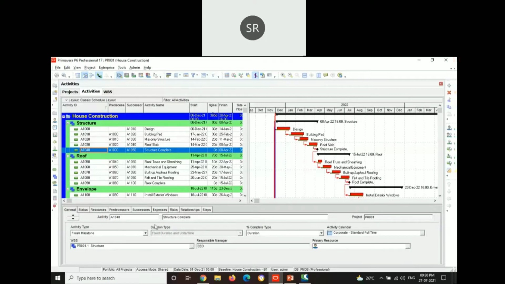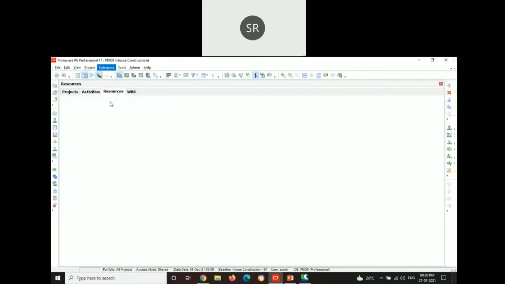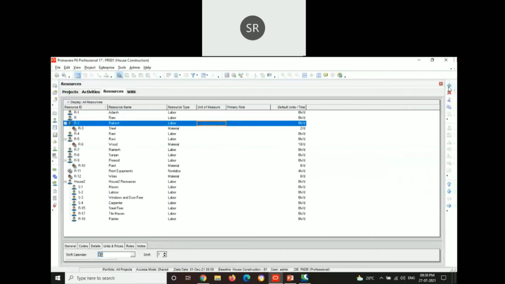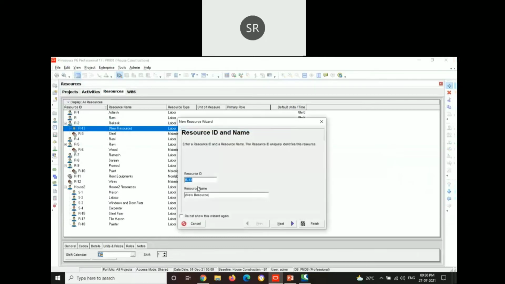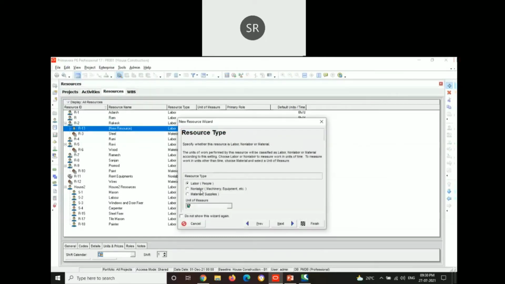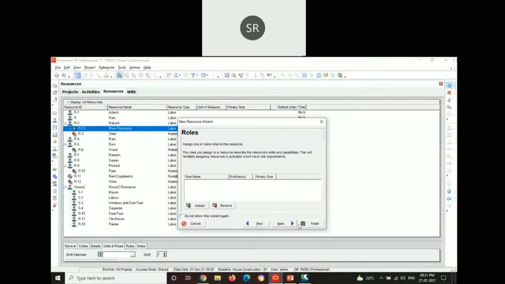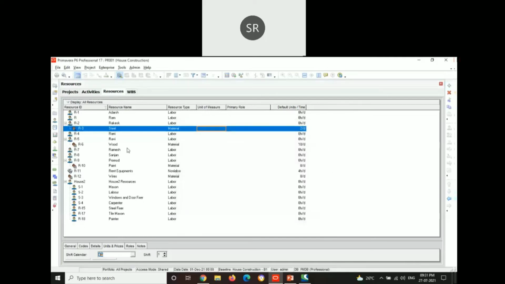After assigning the activities, we have to assign the resources. So we have to open the resources tab. These were some of the resources which were allocated before for each of the activities. You can add the resource from this tab, where it asks for resource ID, resource name, and the type, whether it's labor or non-labor or material. Also, we can give the price for each labor per day per given duration, and all this can be neglected for now. And we can click finish to assign the resources. In this way, the resources are assigned.